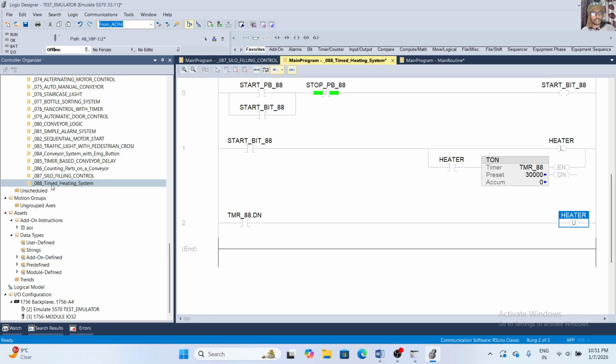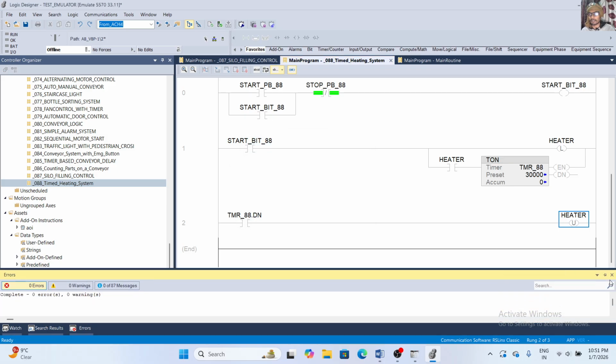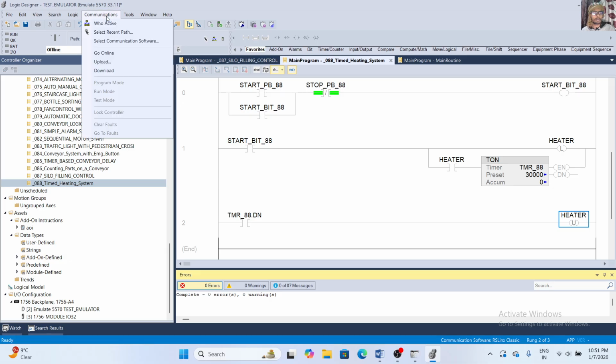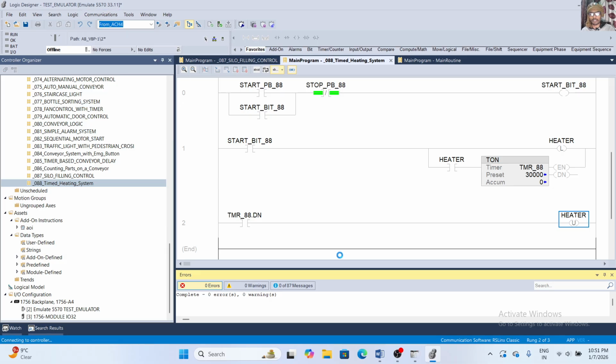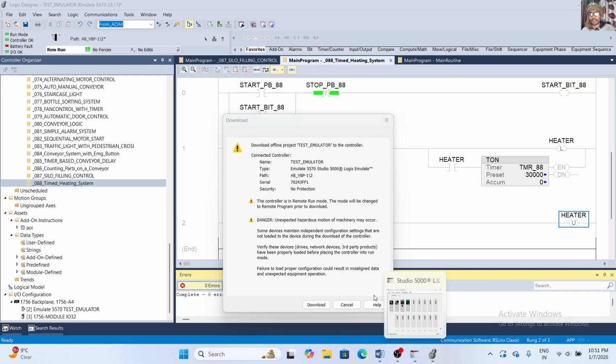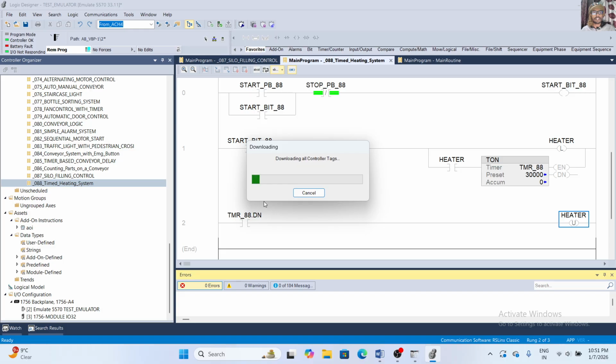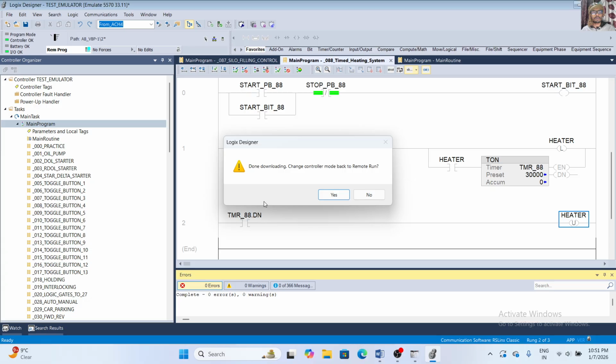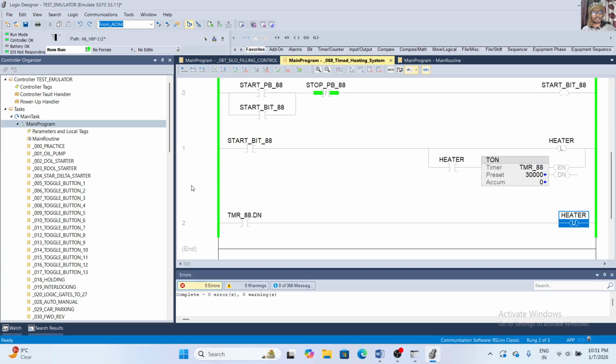Then I have to go to 88 number PLC logic, and I have to verify this controller, and after that I have to download this backup into the Studio 5000 emulator software, and then click on download. You have to create this logic in every type of PLC and every type of application in the test purpose PLC logic tutorial. So this is a basic and useful in industrial automation.